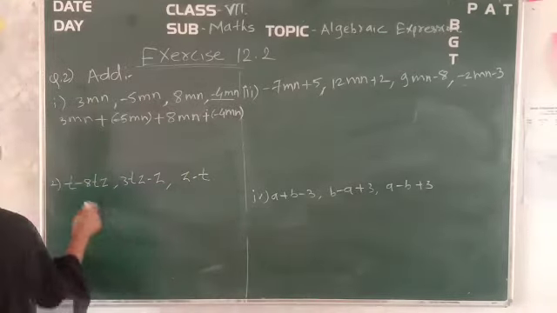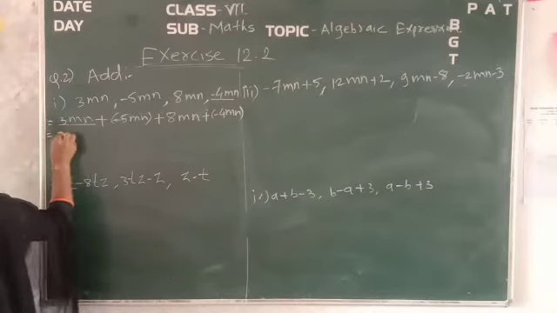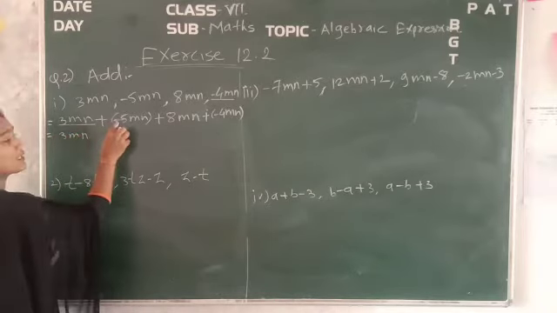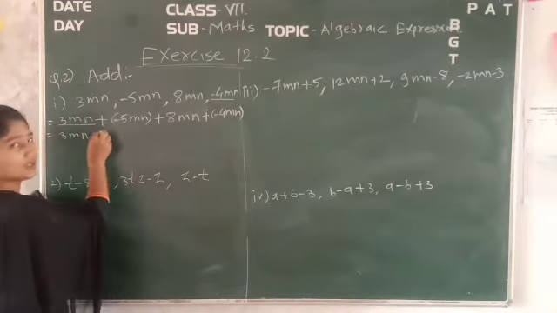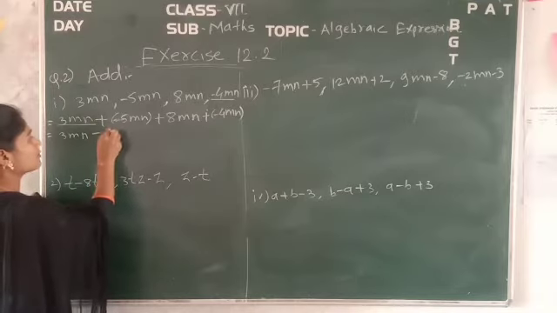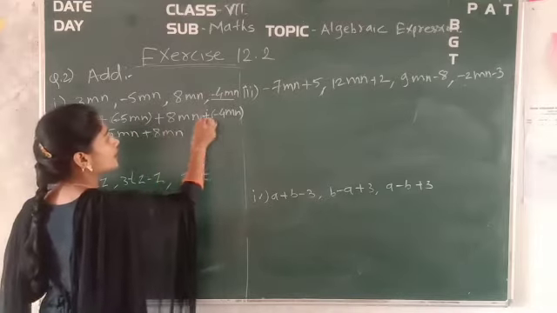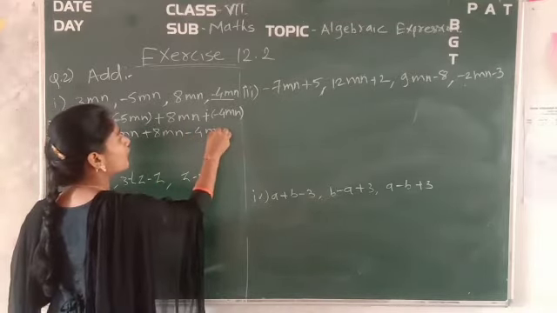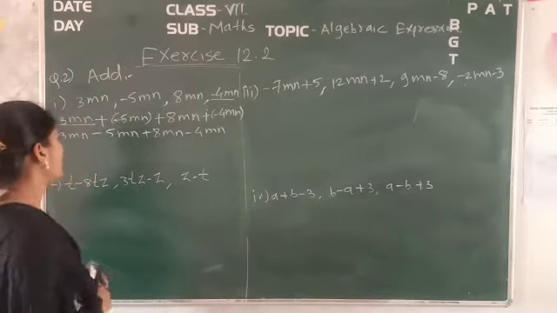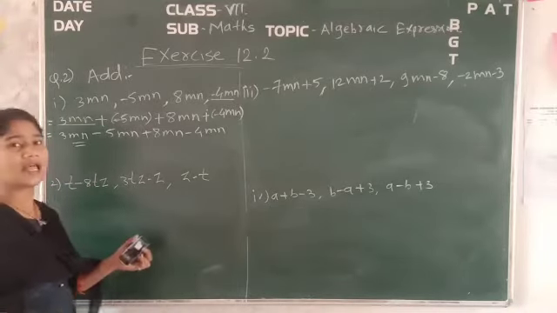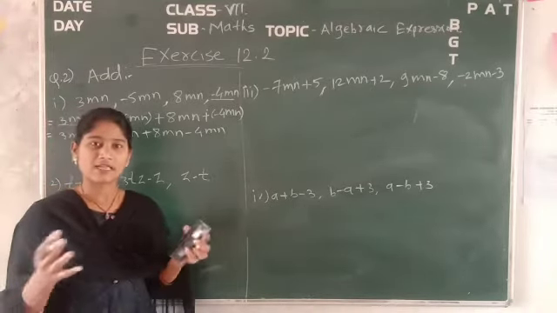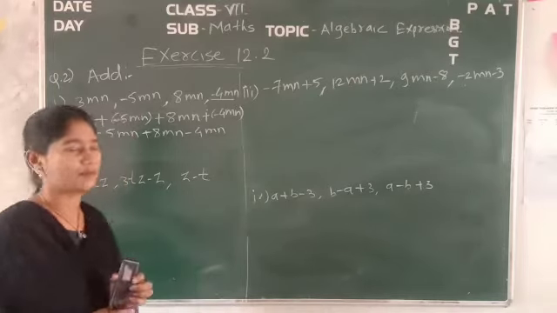Okay. So just carry forward, which is equal to, now 3mn, keep it as it is, plus into minus, what will it become? Minus only. Plus into minus, minus 5mn, plus 8mn, you can keep it as it is. Plus into minus, it is minus 4mn. Okay. Now see the next one. We have to gather the like terms towards each other. Once we gather the like terms, we will get the final answer. Okay.